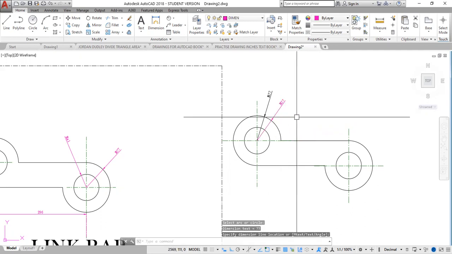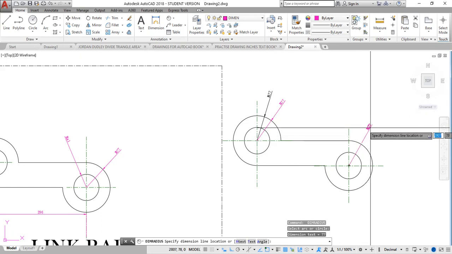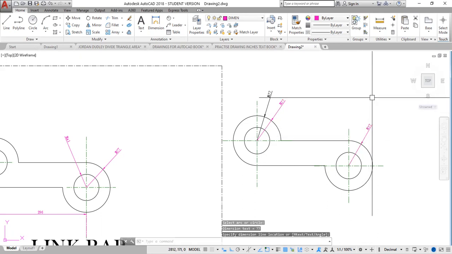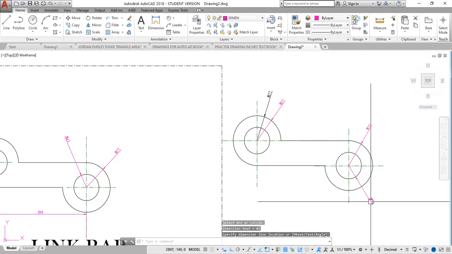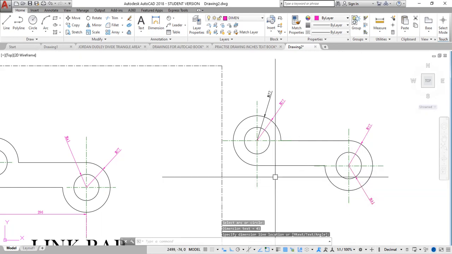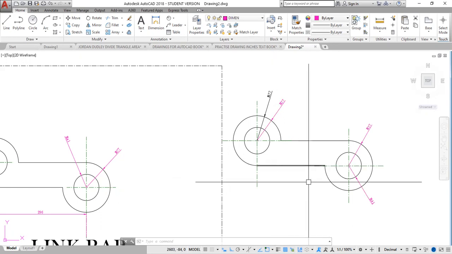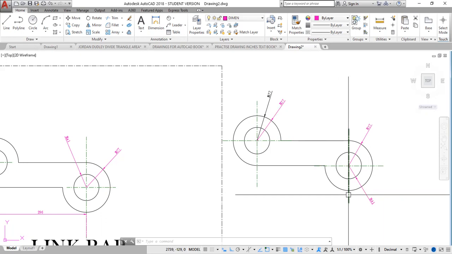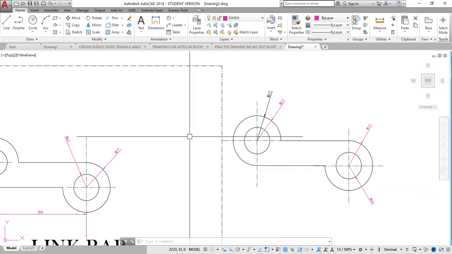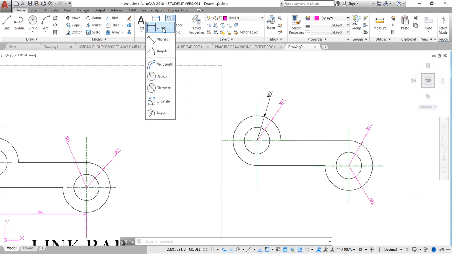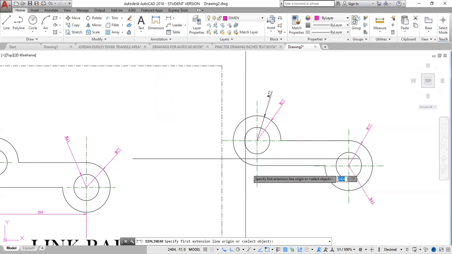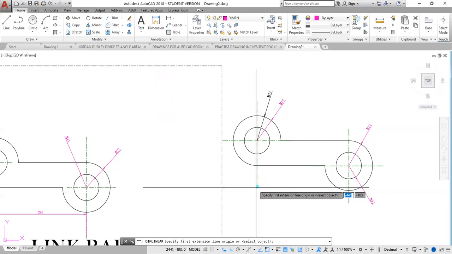Space bar or enter key, click here, then move out. Space bar to reactivate, click this, then move out. And there we have it. Now, we also need to dimension the distance between centers. Very important. So for that, I must change from a radius to linear. Remember now, with linear, we are able to